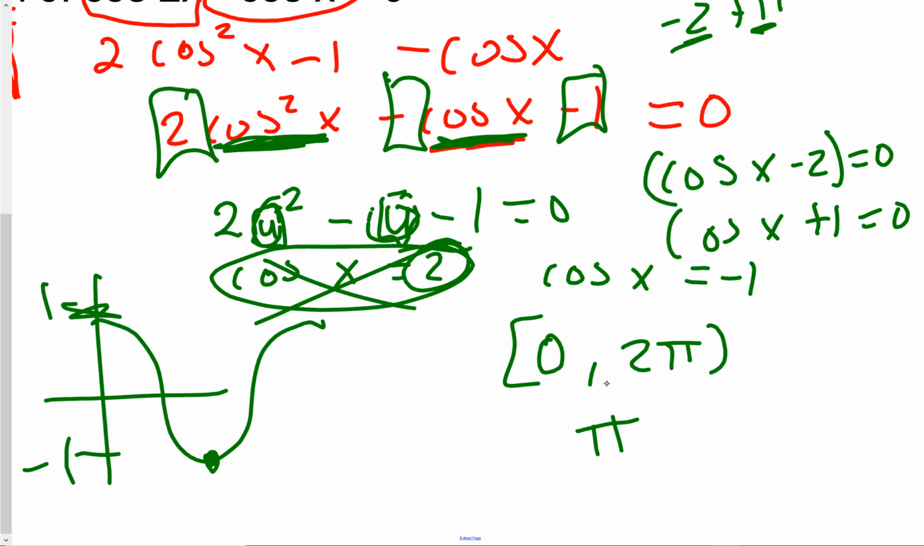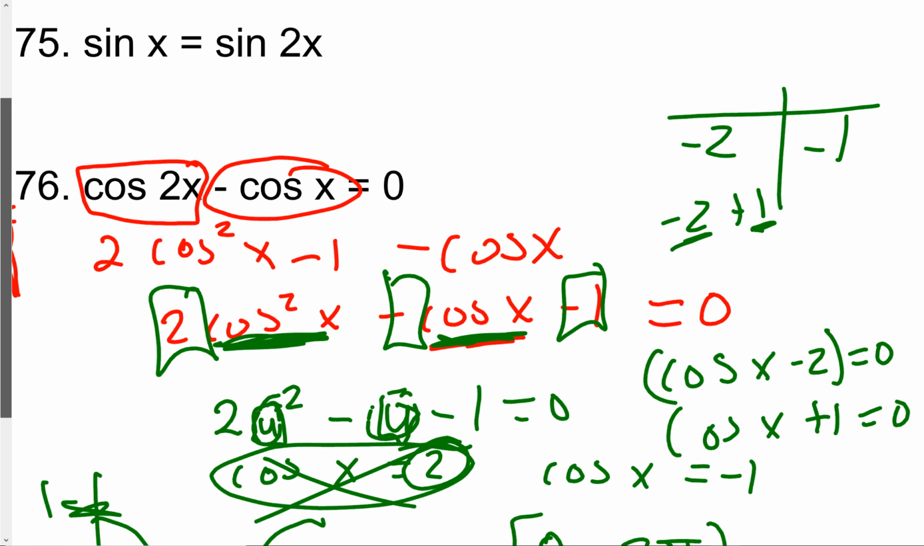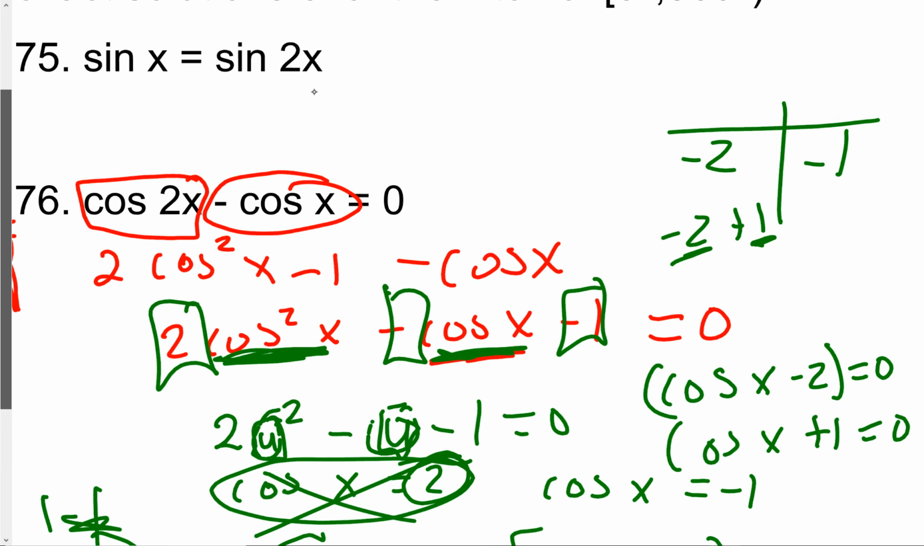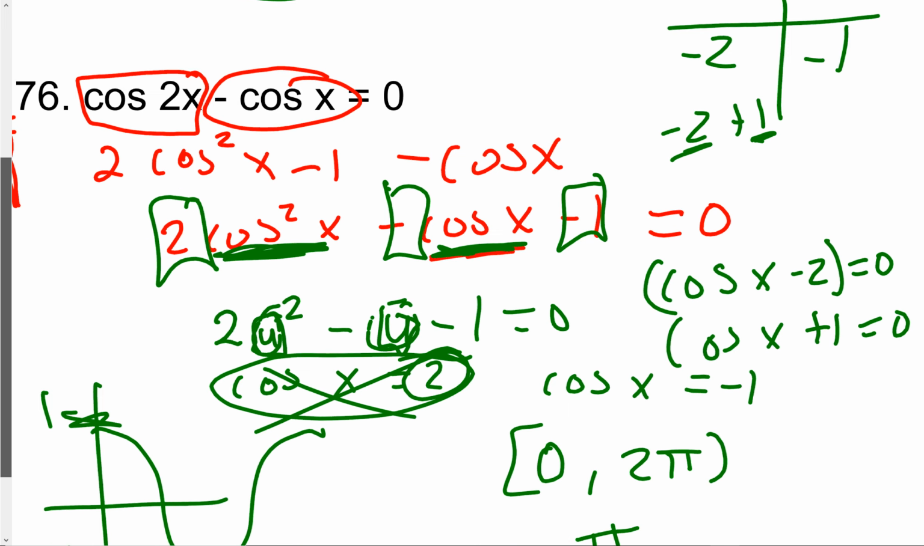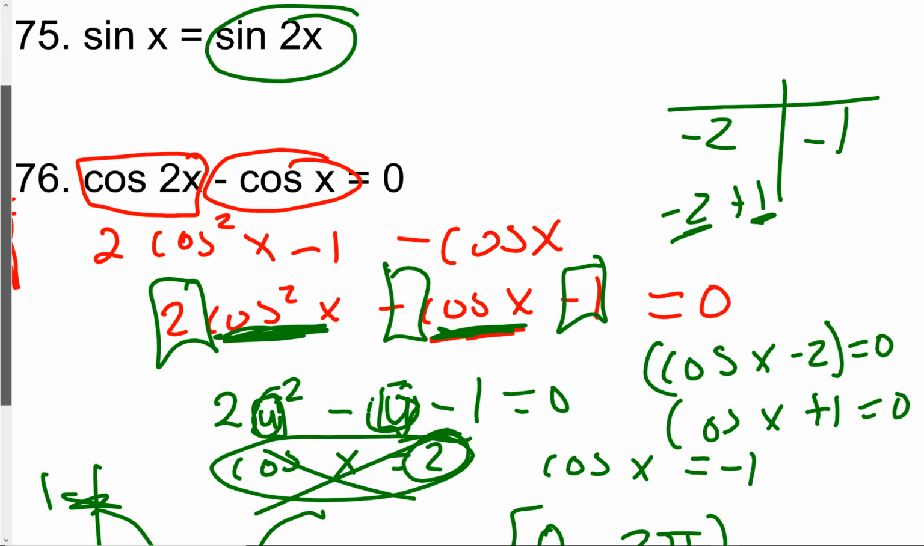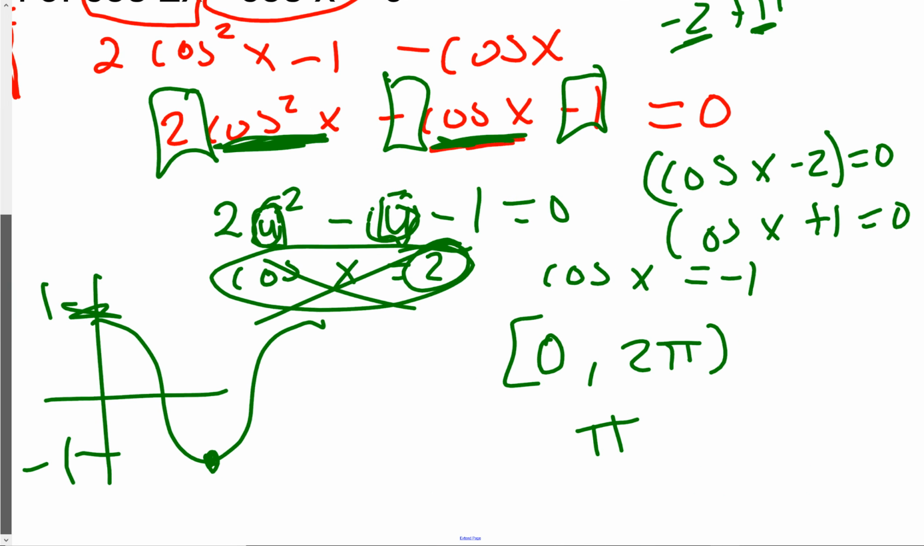So for 76, you'll use the definition of what sine of 2x is, and then solve it with a quadratic. Okay, just like I did there. Set it equal to 0, treat it like a quadratic. So on 76 there,